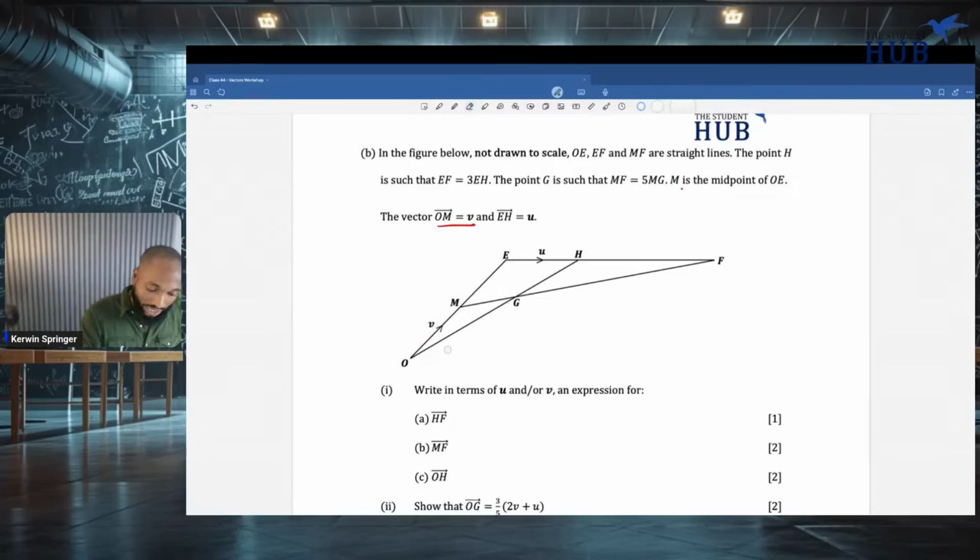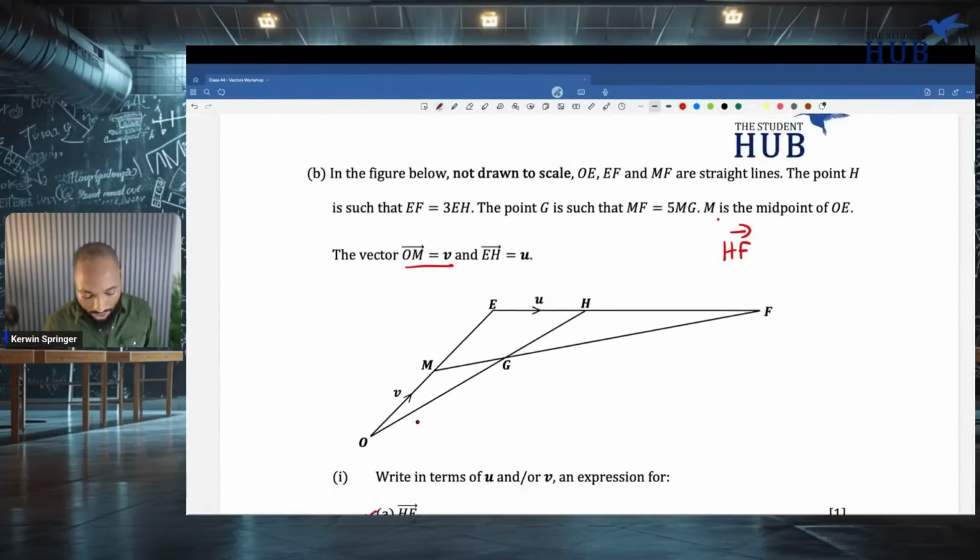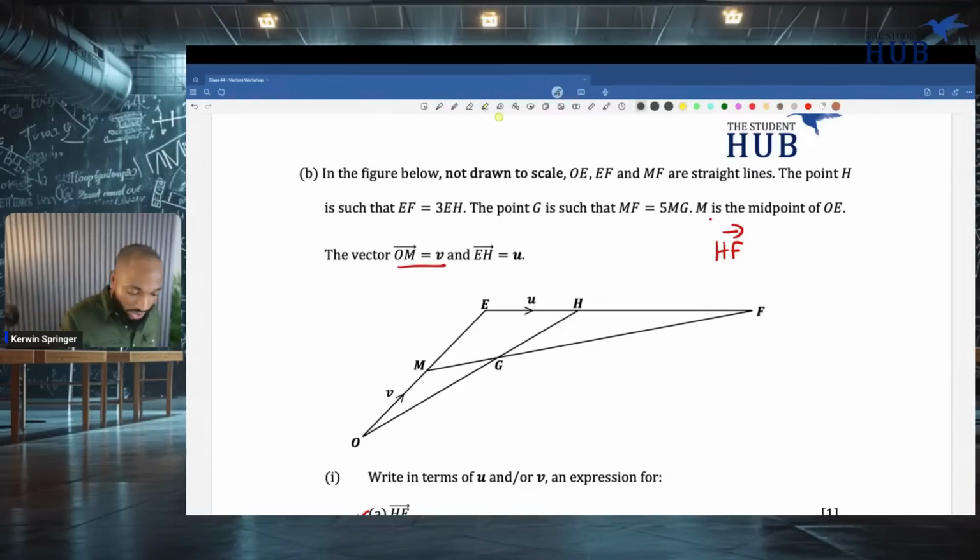All right, we are getting too excited. Let me do HF first. I think we're coming up with HF. So we definitely need to look at all those words they have up there. HF is the first question they want us to figure out. So we're going to have to read, and we love it in maths when we see a whole paragraph before a question. Best thing ever. OE, all of these are straight lines. Nothing new about that.